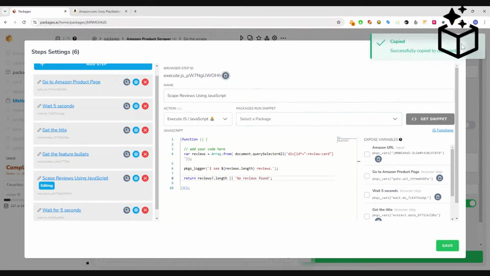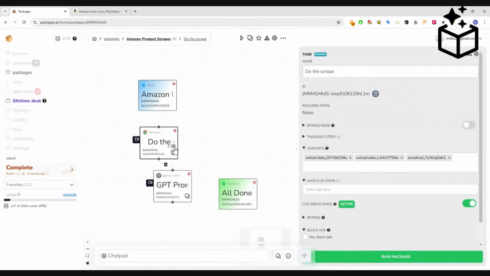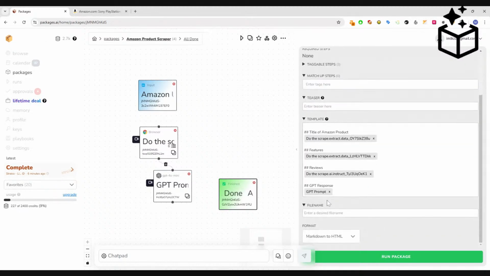I'm going to expose this as a JSON key again. And I think someone had a question. Yes, we can make this package clonable for sure. I'm going to copy this. So this is how we get JSON keys. It's the browser step ID. We're going to copy this. We can just click this to copy it. We're going to go to the browser node. I'm going to add this as a JSON key. Control V, just paste it there. Okay. And now I'm going to say,